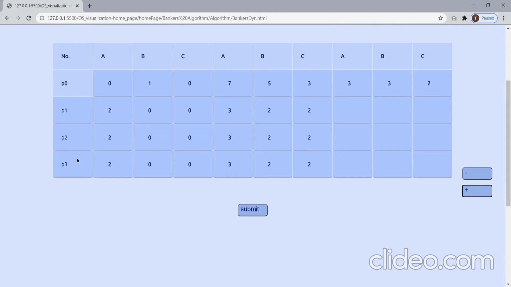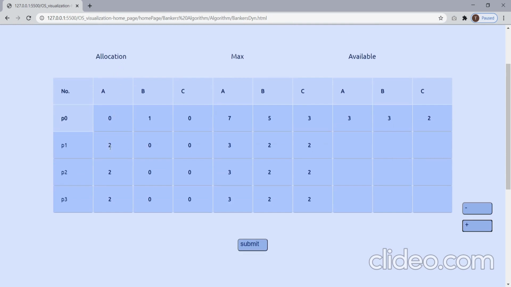I have added another 3 processes in the system, and now let me give a different allocation for all the processes. So now I press submit.